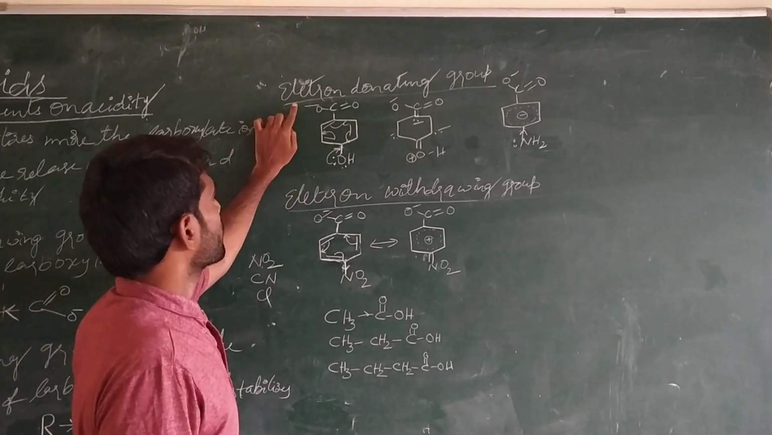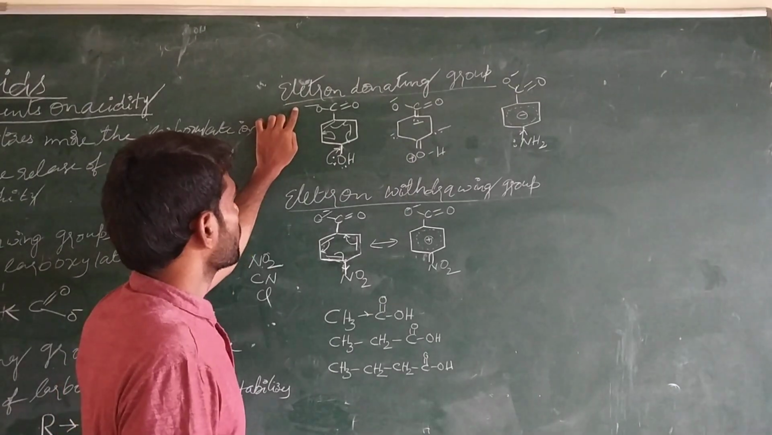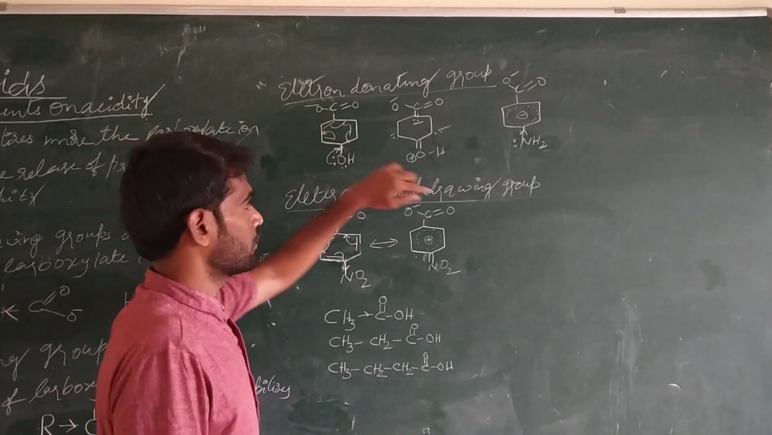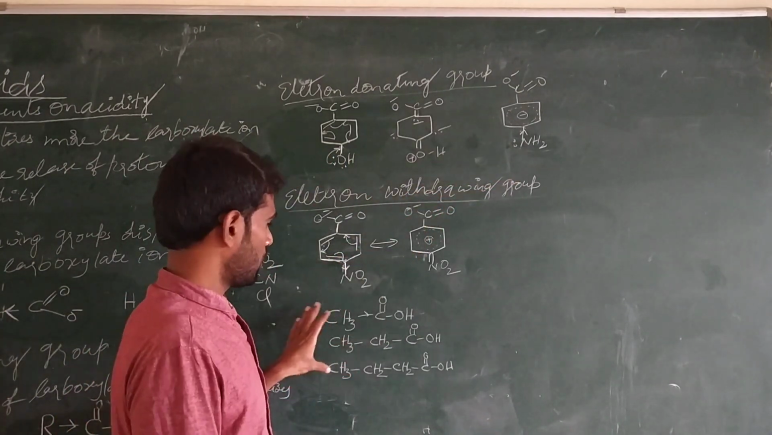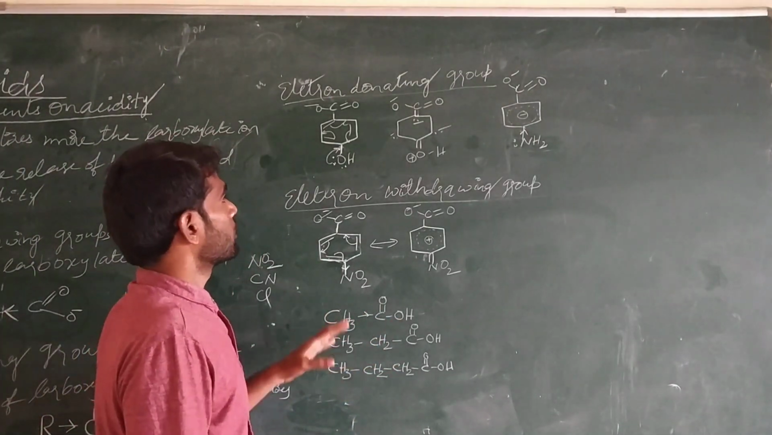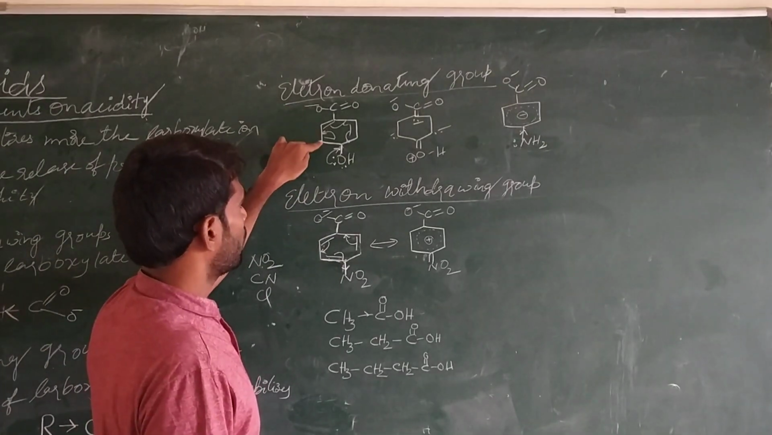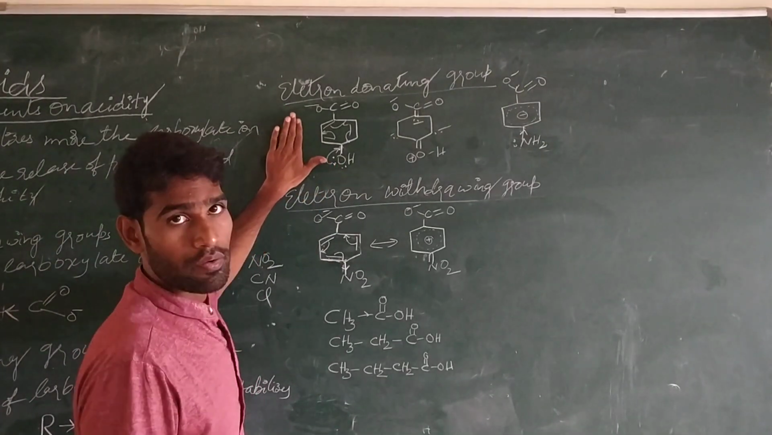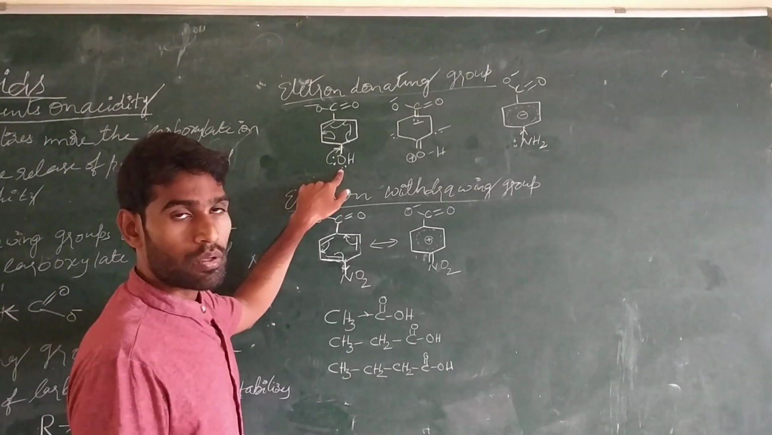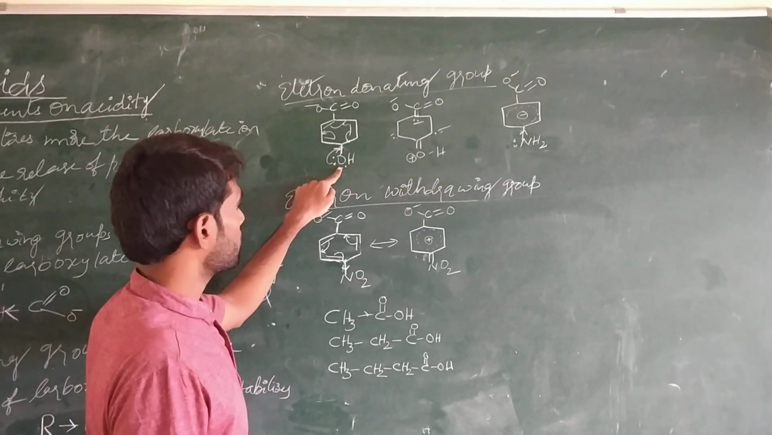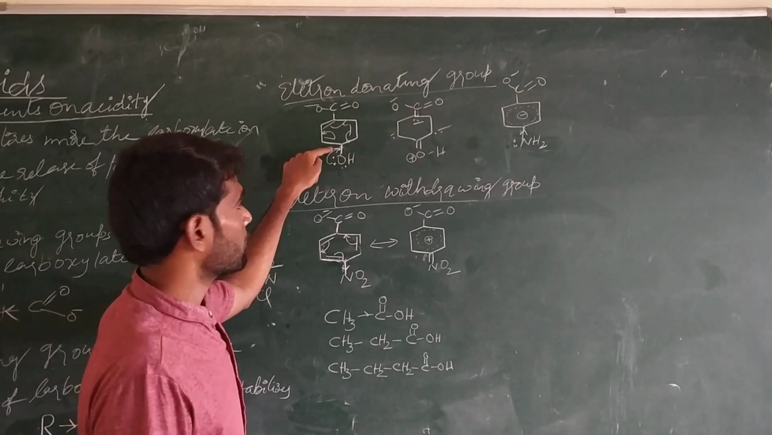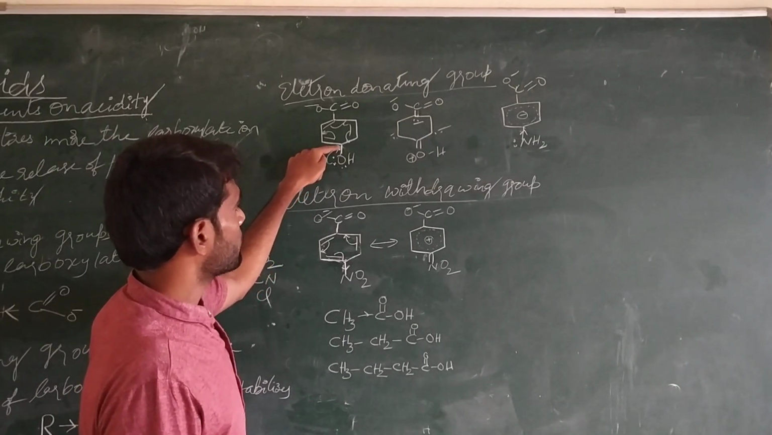Now, electron donating groups like OH group or amine groups or alkyl groups, they are electron donating groups. They are donating the electron. For example, here I have taken aromatic carboxylic acid. This OH group is an electron donating group. This oxygen atom is donating electron and it is releasing electron into the ring, and as a result of this,